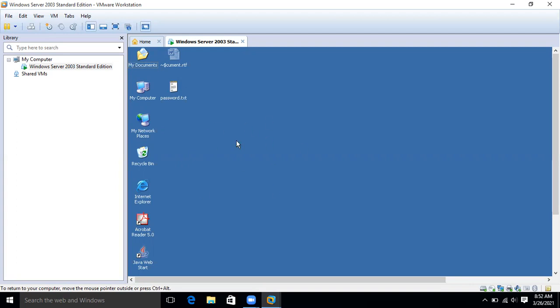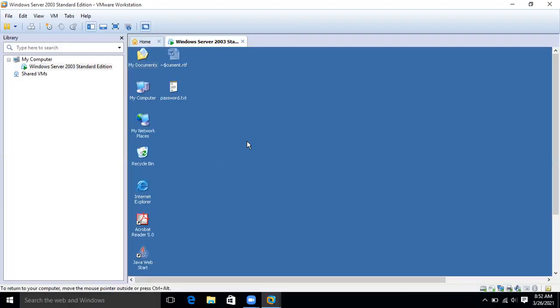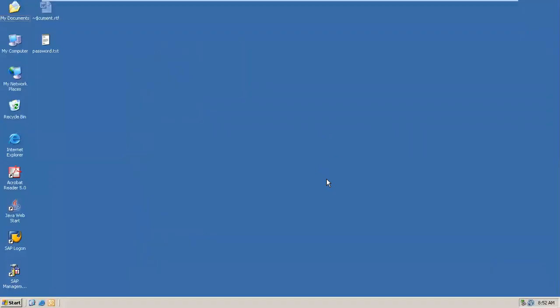To see this as a complete PC, like your new computer, press Control Alt Enter. It maximizes your virtual machine. If you press Control Alt Enter again, it minimizes. It is inconvenient to work in this small window, so to maximize the size of this virtual machine, press Control Alt Enter.